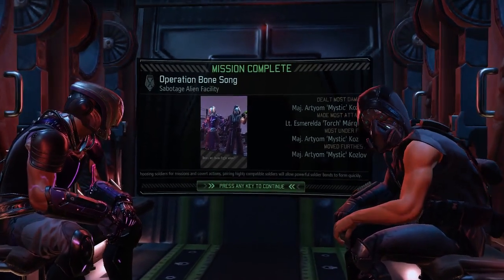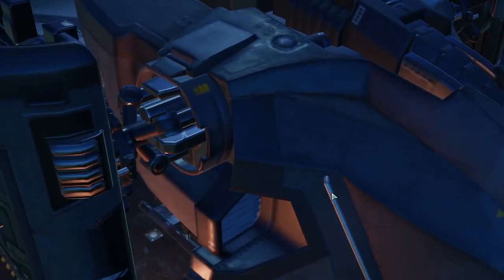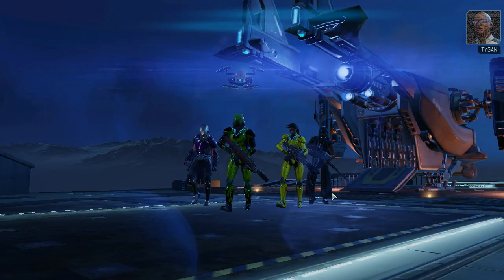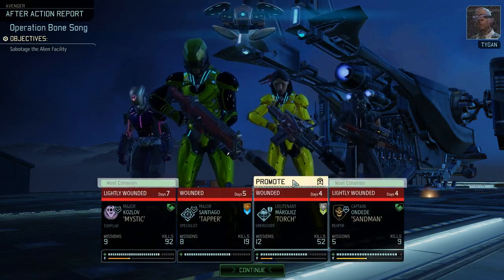Maybe we should be a bit more careful when going for these facilities, because without a damage dealer, the sniper is really an important element of the group. And although the Templar did super well, and also the Reaper on its own did pretty good, I was noticing that with only four soldiers in a SWAT, it's really difficult without a dedicated damage dealer. So we got ourselves a promotion,